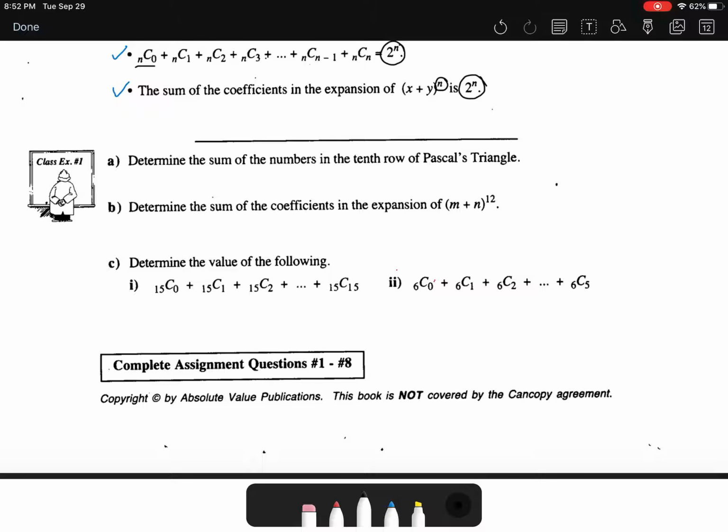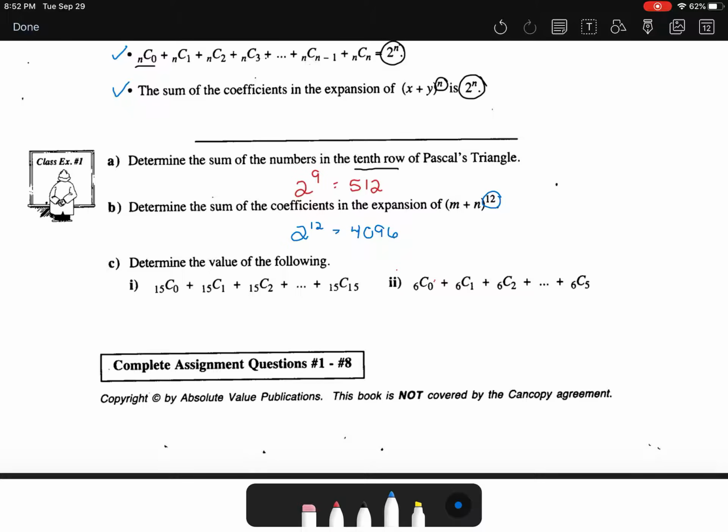Determine the sum of the numbers in the 10th row. Well, if I'm in the 10th row, I know that my exponent is actually going to be 9, so it's going to be 2 to the exponent of 9. That's going to be the value of the coefficients in that row, which is 512. Remember, the exponent is going to be 1 less than the row number. The sum of the coefficients in the expansion of m plus n to the exponent of 12. Well, this time I actually know the exponent attached to the binomial, so it's simply 2 to the exponent of 12,